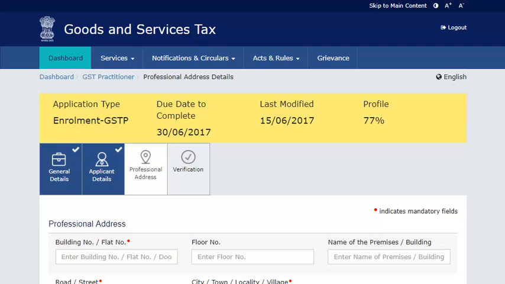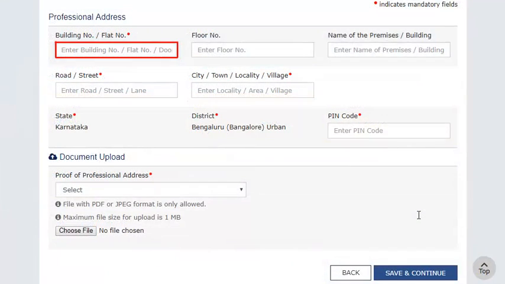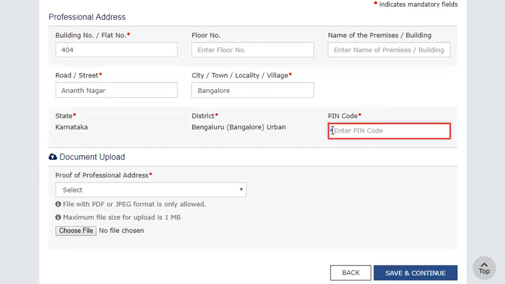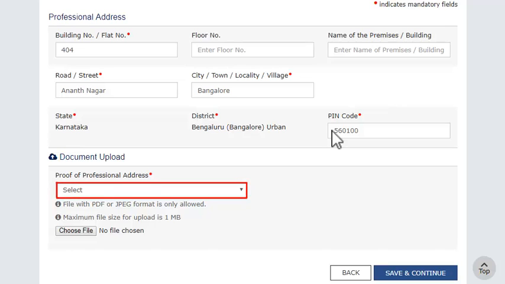The next section allows entering the professional address. Provide professional address with PIN code and upload necessary proof of address.